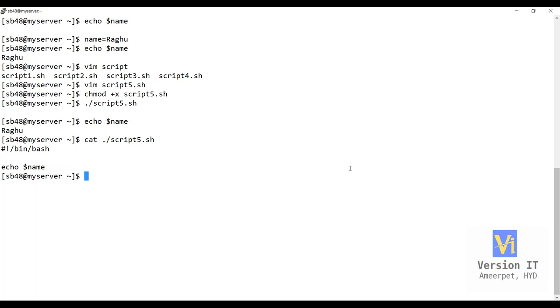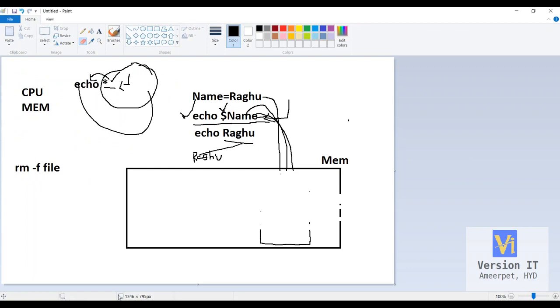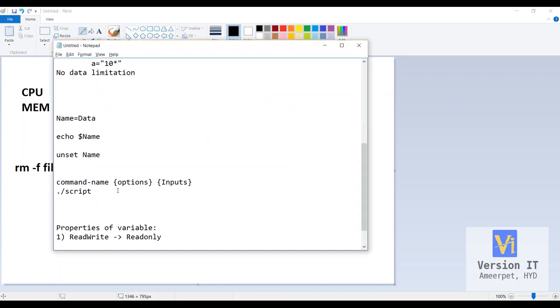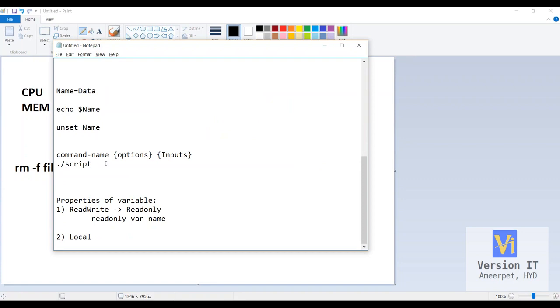Okay, let me tell you. In this particular diagram, whenever you define a variable, it goes to this particular process ID. Now, I just told you the syntax here, right? So where is the syntax? Yeah, here itself. Whenever you define a command,